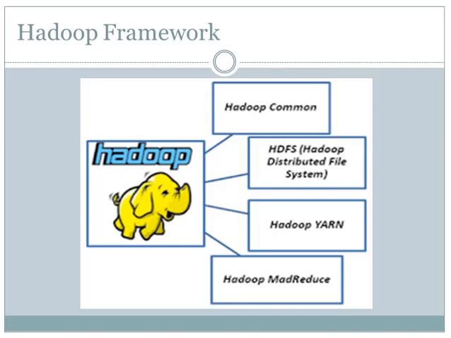HDFS solves the problem of storing big data. The two main components of HDFS are the name node and the data node. The name node is the master. We may have a secondary name node. If the primary name node stops working, the secondary name node will act as a backup. The name node basically maintains and manages the data nodes by storing metadata. The data node is the slave, which is basically low cost commodity hardware. We can have multiple data nodes.